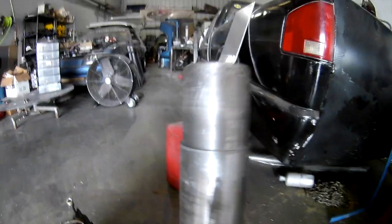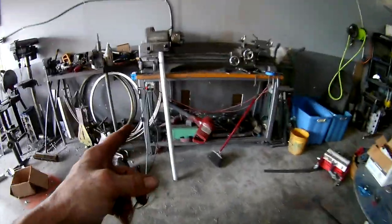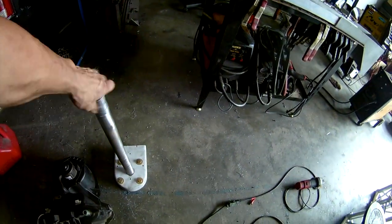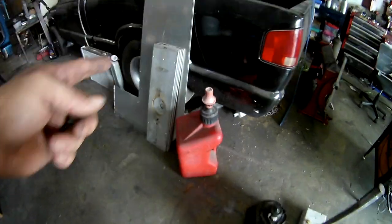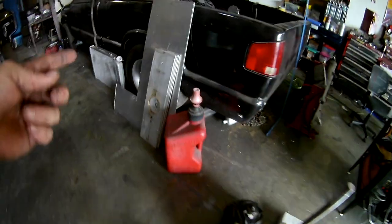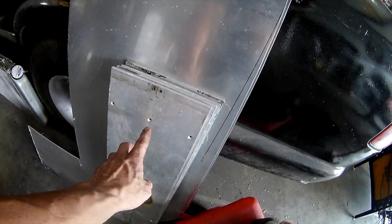I machined a bar down out of, I think, 1.75 inch bar stock. I take the ends, you can barely see it right there, and turn the ends down to fit inside the pillow blocks. That aluminum tube will end up sliding over that bar, and this will be our pivot. On this one, the hole wasn't as big, so I have to make room for this bar to sit all the way down. Then we have some 1/4 inch aluminum plate that we'll bore a hole in the top of, with a little angled design, and that pipe over there will slide through